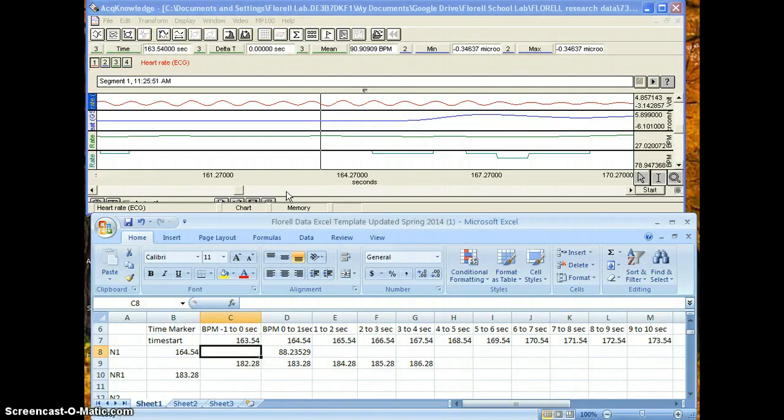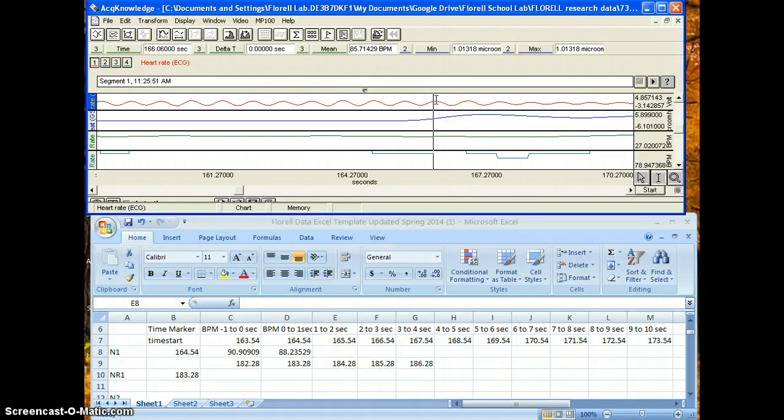So then your heart rate is going to be the mean, again, 90.90, 99. And you do the same thing for columns E through M. So you're going to find 165.54 as close as you can. And again, if you just don't want to keep clicking, you can use the arrows on your keyboard to get